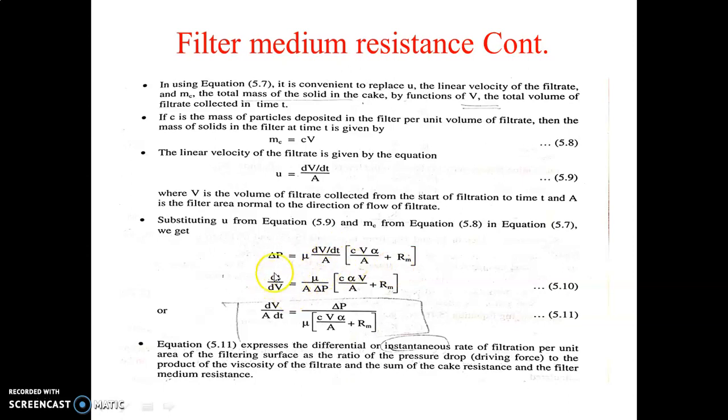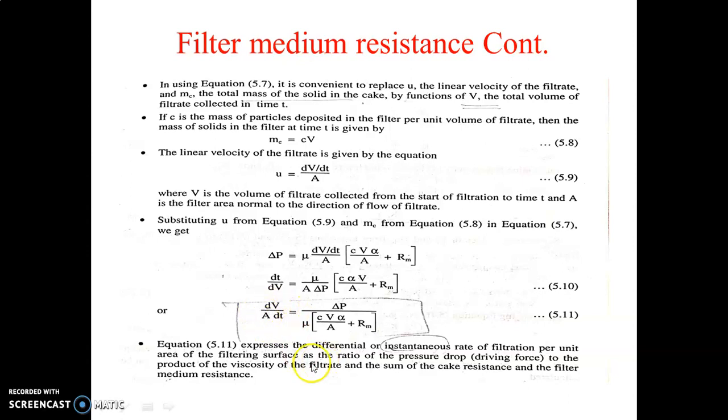So again you have to rearrange this equation in this format. You take dt by dV on this side and take delta P and other things on this side. Or again we can rearrange this equation in this format. So this equation number 5.11 expresses the differential equation. This is called the differential rate equation for filtration per unit area of the filtering surface,